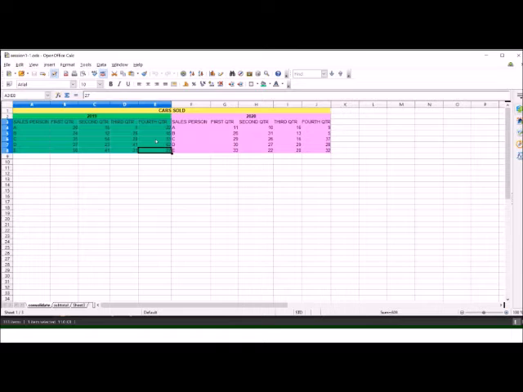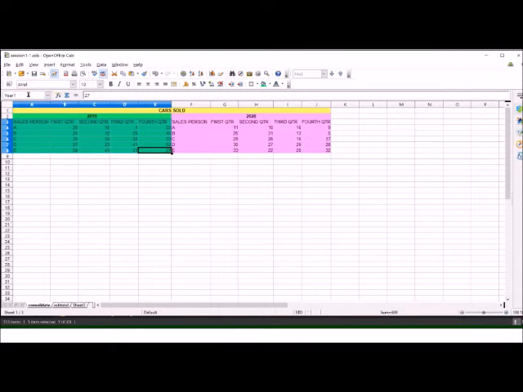So this is one range. I can define a name for this range. For this, I can select this range and give it any name, say year 1. We can see the define name option here, and we have given a name to this range.